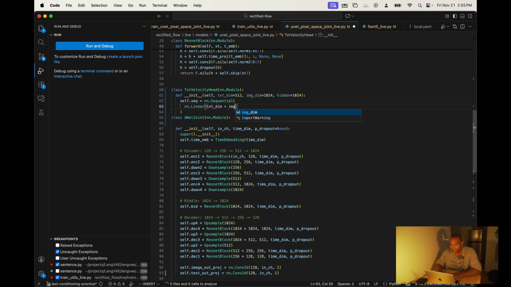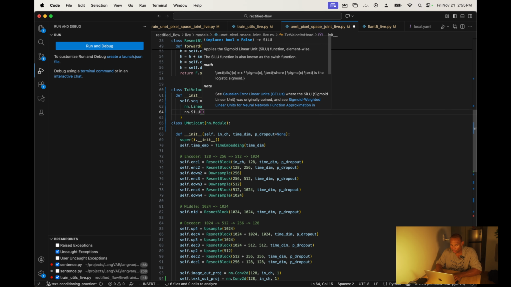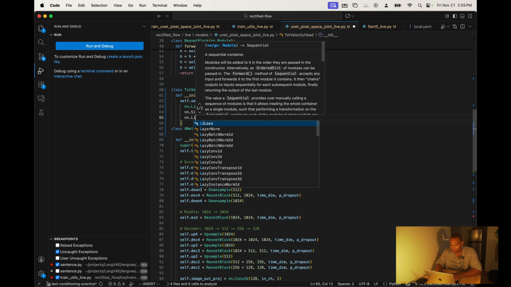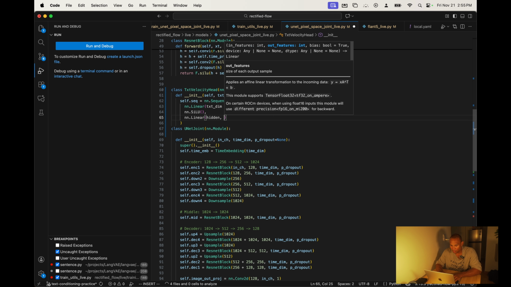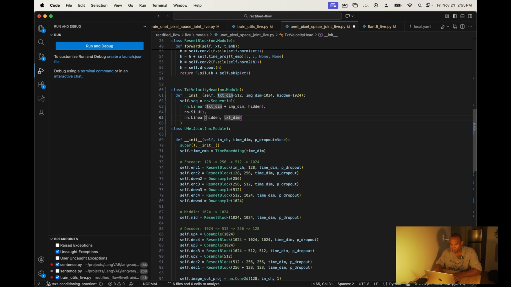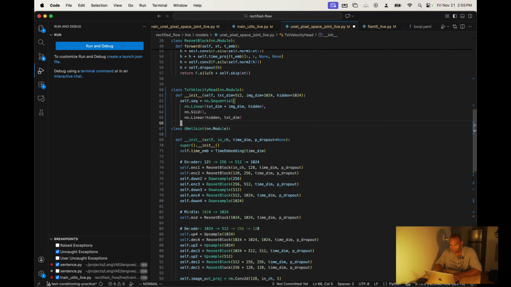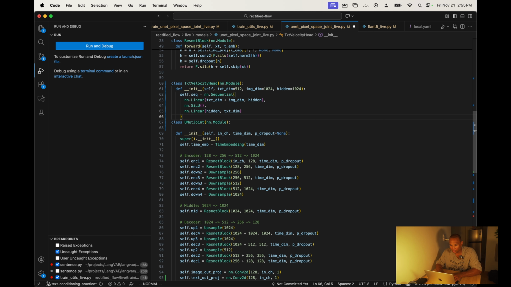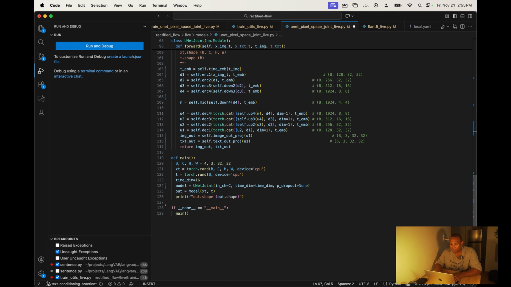Text in, we're gonna add, okay. Do sigmoid linear, and then back to the text dimension. So basically we need, okay, this isn't gonna make too much sense now, but